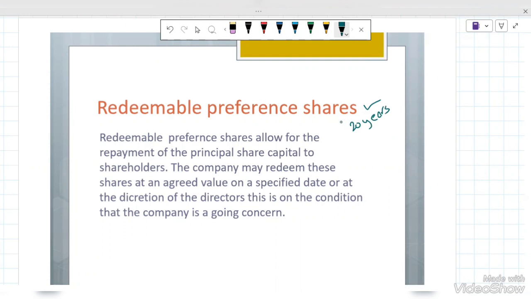Okay. So it is basically a very huge benefit for the company, because, for example, if a company issues redeemable preference shares, like if ABC company issues 100,000 redeemable shares,